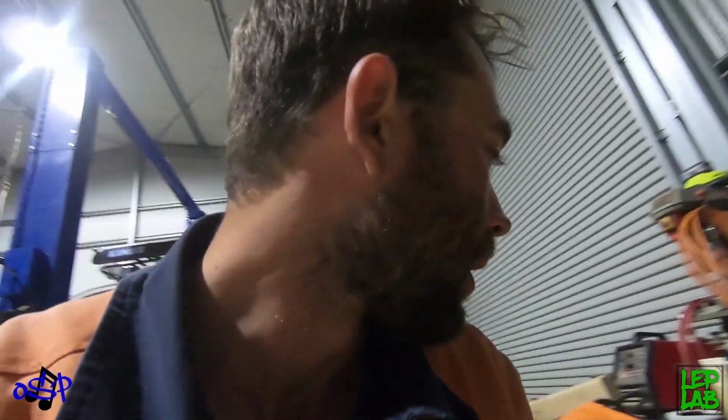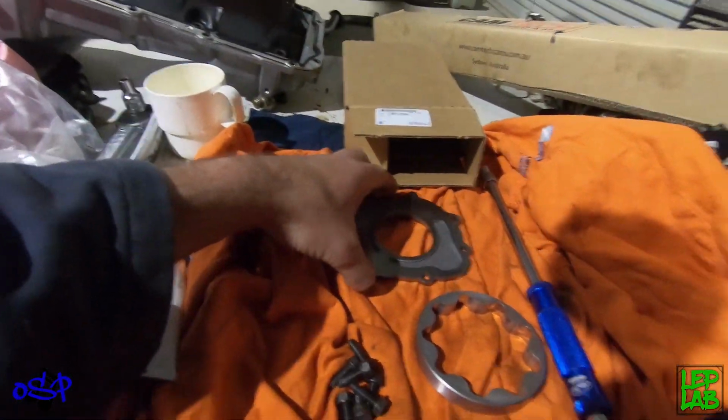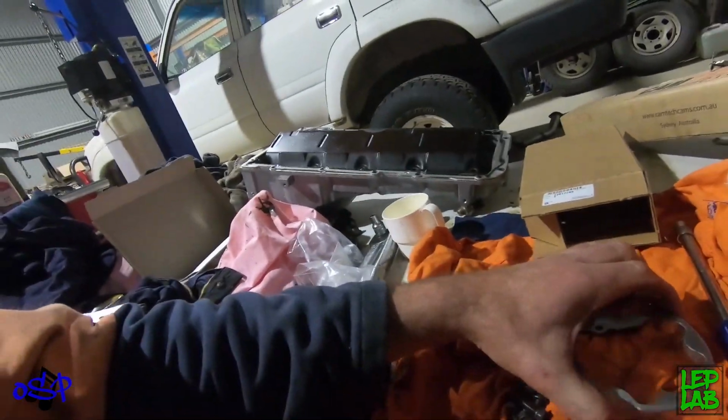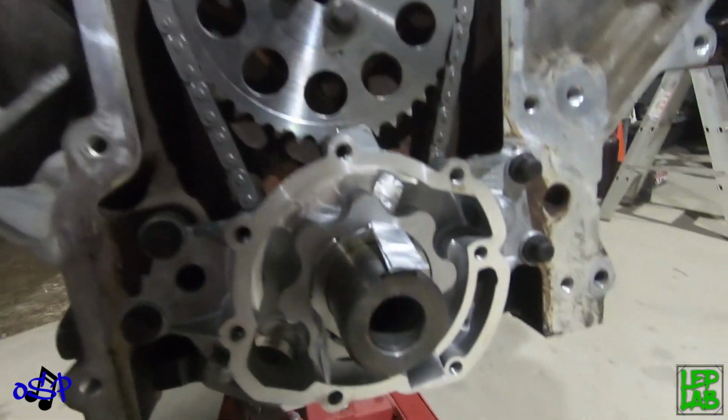I'm trying to install this oil pump, and a bit of a tech tip is it's a good idea to make sure that the housing's centered about the crank. So we've pulled this apart. It's your front cover, the outer gear, and that's the inner gear there. Now, the way you go about centering these is to actually